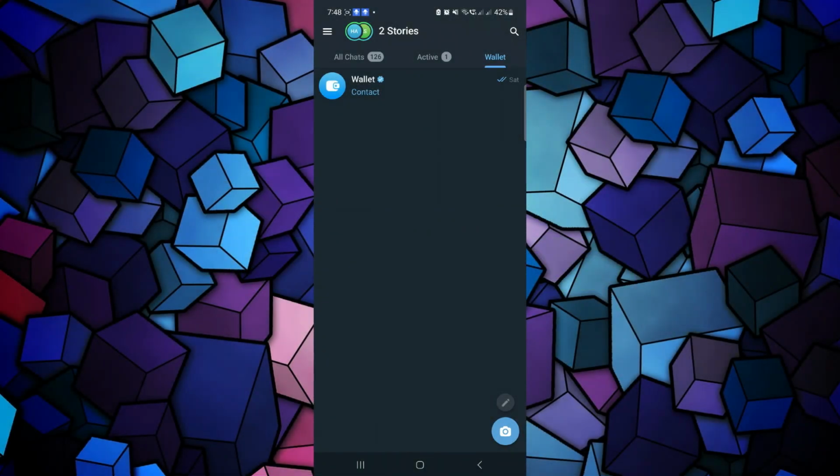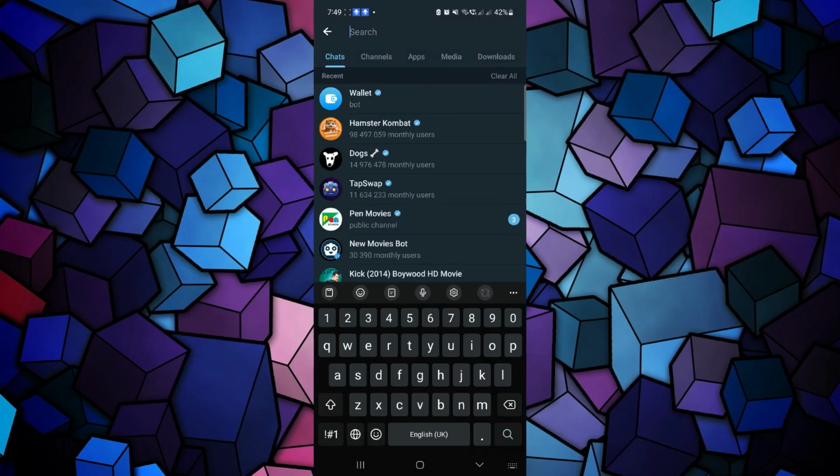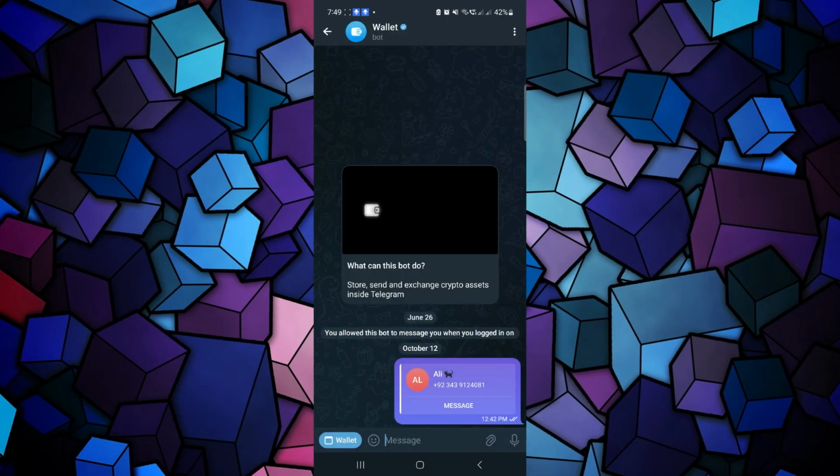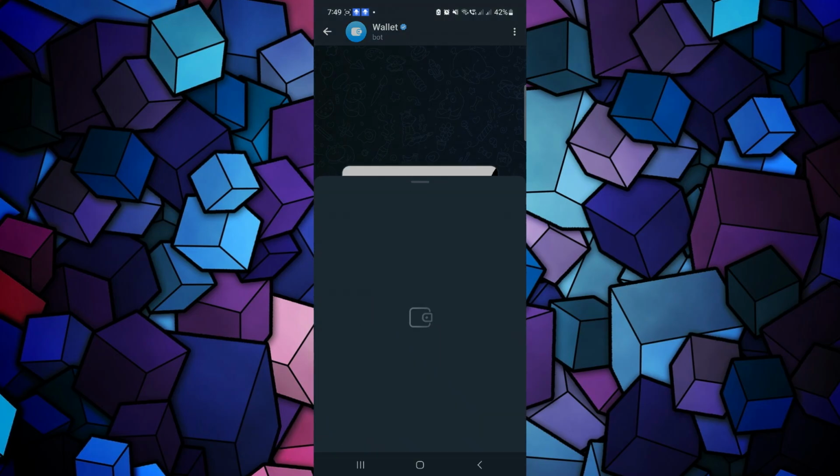So in order to do this, you first need to come to your Telegram wallet. For that, you just have to launch your Telegram mobile application. And on the home page, you are going to see the wallet tab. If you are not able to see the wallet tab on the home page, then you can use the search bar in the top right-hand corner of the screen. And in the search bar, you simply need to search for wallet, and then you will be able to see this wallet tab. Now, once you do this, you are going to see this wallet tab in the bottom right-hand corner of the screen. So over here, you just have to tap on it,